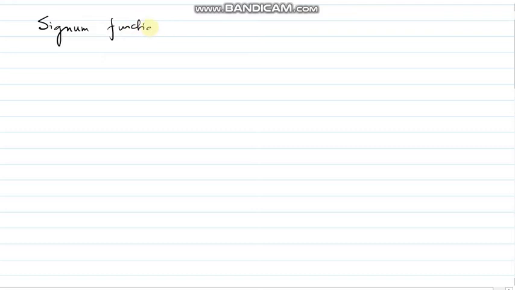Hello. In this video, I'm going to discuss, as I said in my previous video, a couple of types of function. The first one I'm going to discuss here is the signum function. The signum function stands for f(x) = |x|/x. Now, if x is greater than 0, the numerator is positive, the denominator is also positive, so the functional value will be only 1, right?